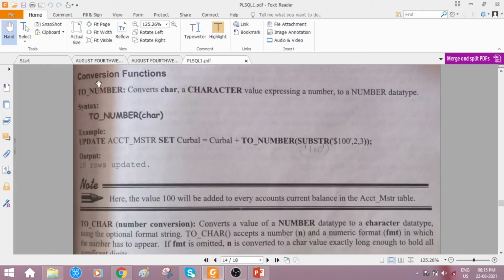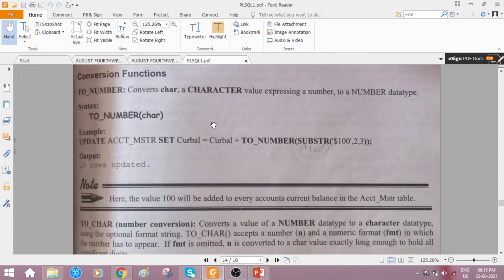Okay, now let us observe the importance of conversion functions. You all know that in programming languages, we can convert numeric data to character data and character data to numeric data. If digits are recognized as characters, only those kinds of characters can be converted to numeric.